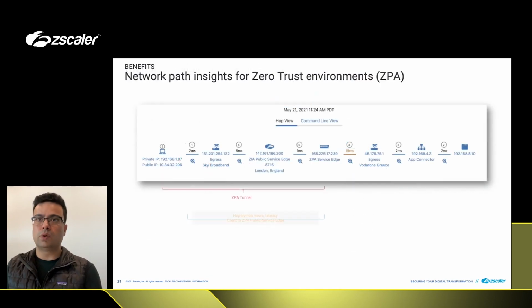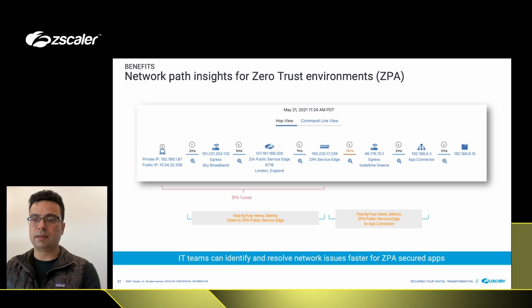This slide gives you an overview of where exactly the problems are happening at every single hop on the data path. You can see we can start at the user device, we can look at the egress ISP, we can look at Zscaler infrastructure in the data path, and then the ISP that connects the user to their application connector, and from the connector to the destination.